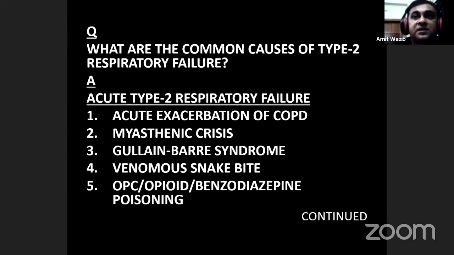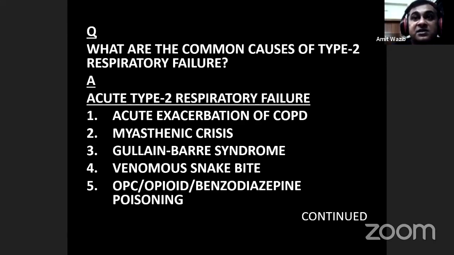Acute type 2 respiratory failure occurs in the acute form of complication of COPD, that is acute exacerbation of COPD, and some neuromuscular conditions which present acutely, like Guillain-Barré syndrome, myasthenic crisis, poisonous snake bite,